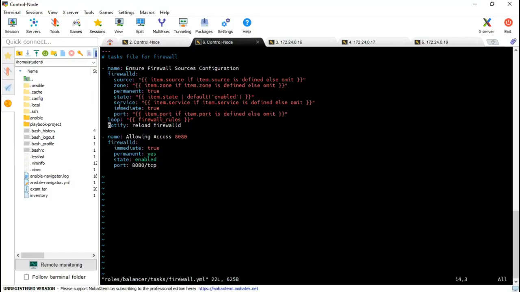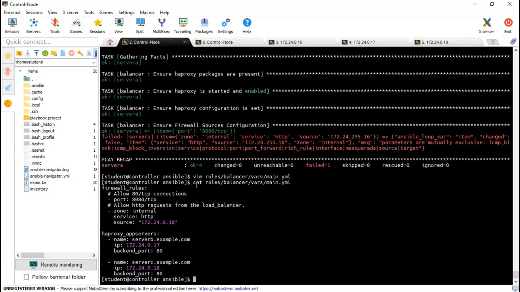Problem is, in my role, I have defined service and port both. And your firewalld either can take service or can take port, not both. That is a problem. That's the problem with my role only.